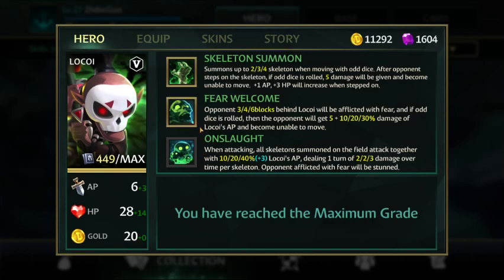Okay, let me see the second skill. This is Locoi's main control skill. He will control 3, 4, or 6 blocks behind Locoi at the opponent's start turn. When Locoi steps on the blocks ahead of the opponent, he will use this skill only. So Locoi's control is based on the position that he is ahead of the opponent,